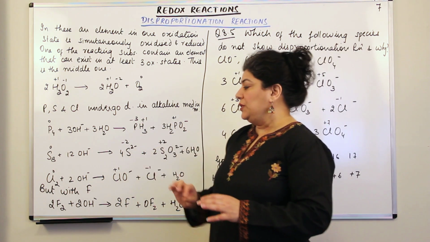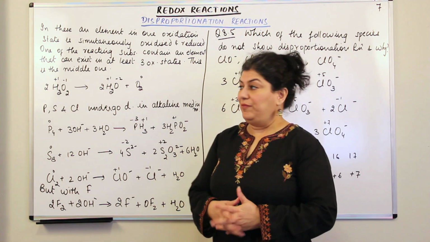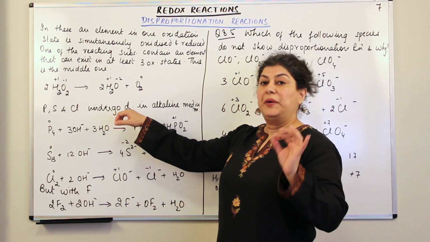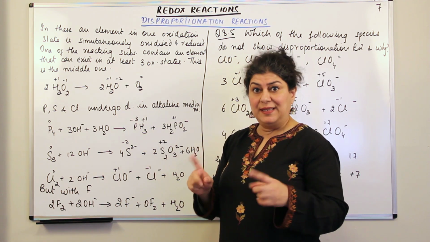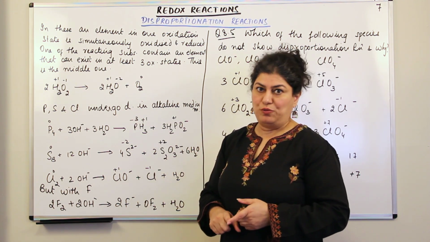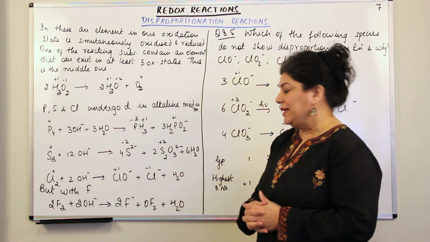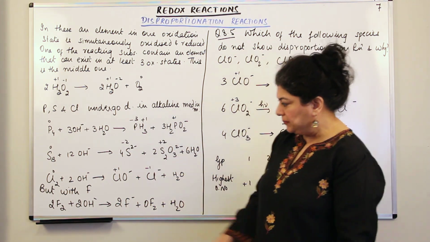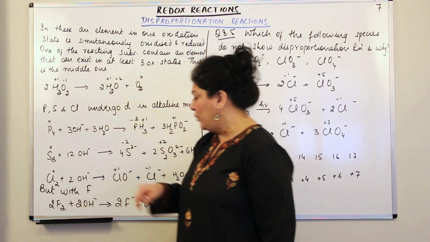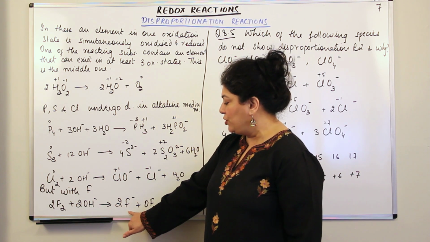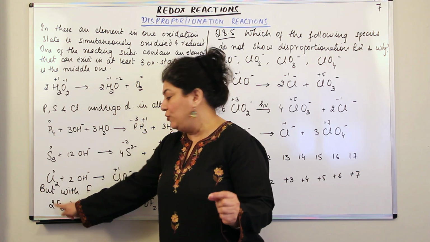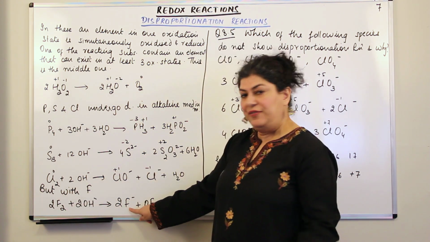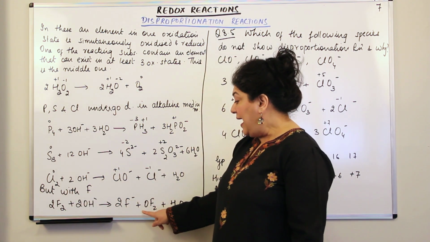Now, having understood this, let us take the example of fluorine. Fluorine also undergoes reaction in alkaline medium, but that reaction is not a disproportionation reaction. Let us first see what the reaction is. When fluorine reacts with 2 OH negative, it results in the formation of 2 F negative. Now, in F2, the charge on fluorine was 0. In F negative, it is -1. And it forms